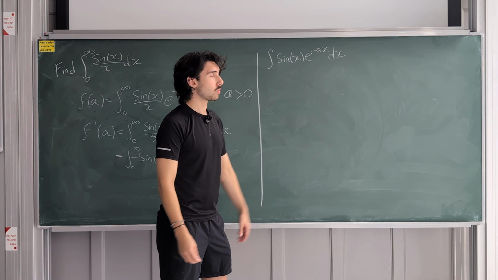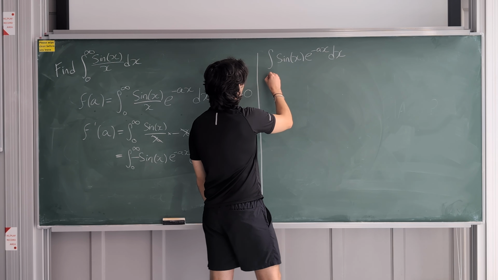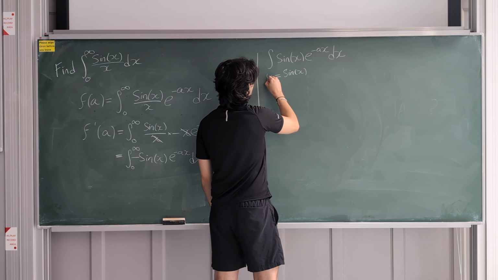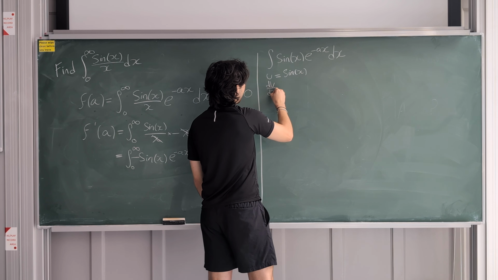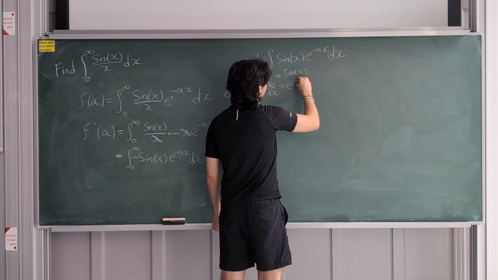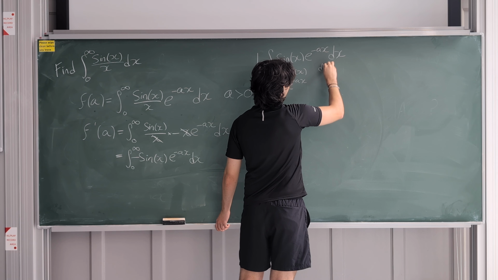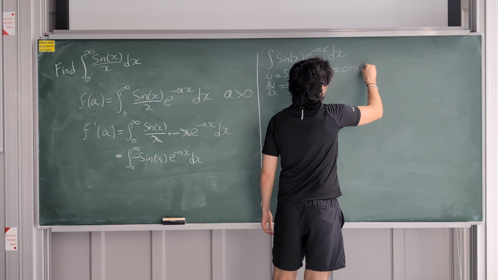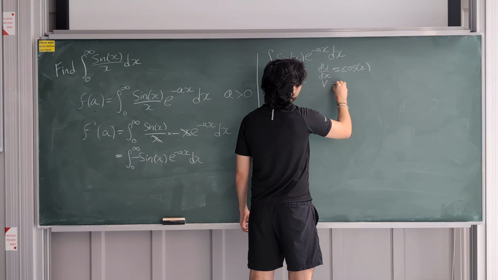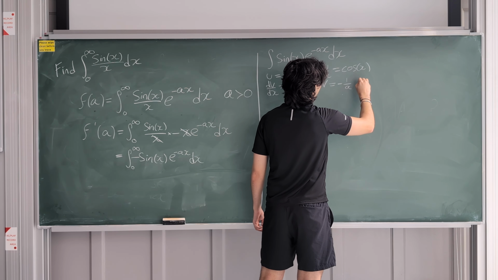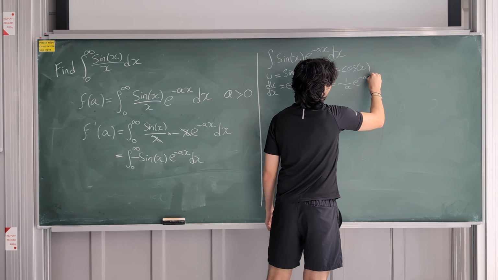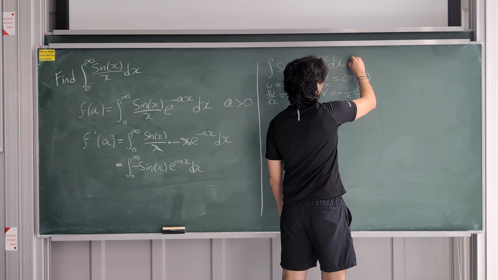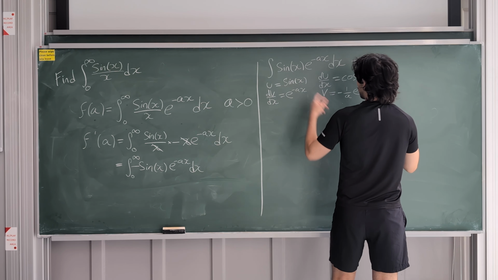So you might know about this already. It's a pretty common question. So I'm going to say that u is sine x and dv dx is e to the minus ax. That means that du dx would be cosine x, and v would be minus 1 over a e to the minus ax. Hopefully that makes sense so far, which means that we can rewrite this integral as u times v,